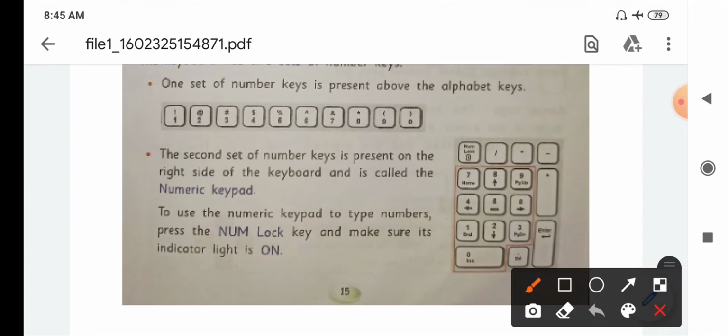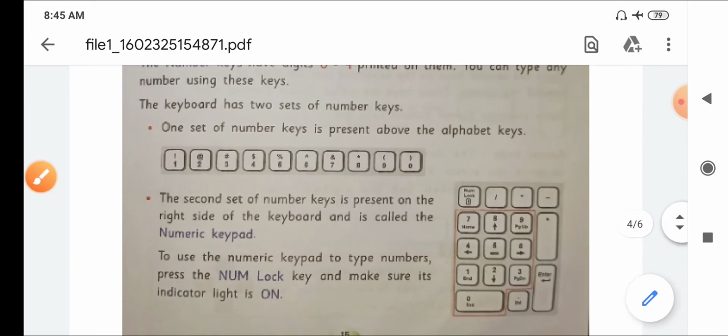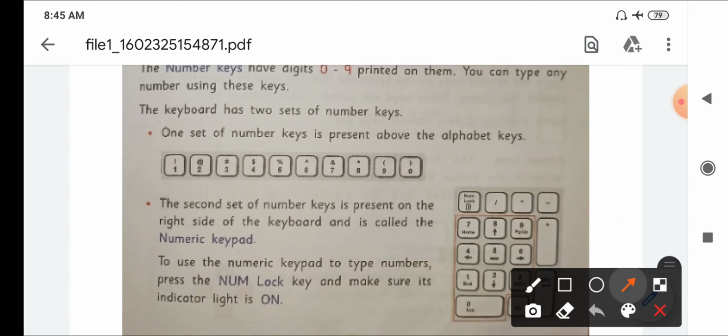Now the first one is, see here, the keyboard has two sets of number keys. One set of number keys is present above the alphabetical keys.